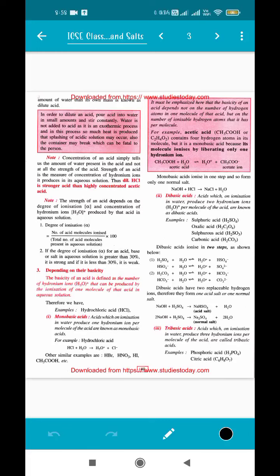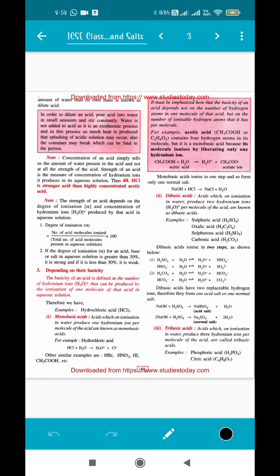So next we are going to learn about the dependency of acids on their basicity. So what is basicity actually? I told you in the first video that every acid will release hydronium ions when they are dissolved in water. So the number of hydronium ions they can produce while they are dissolved in water is known as the basicity